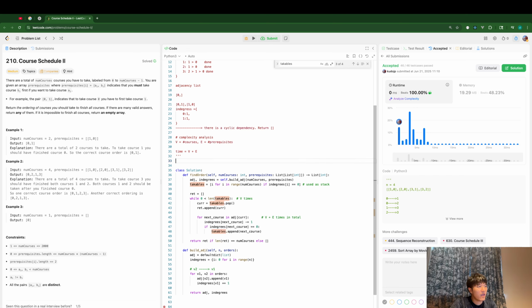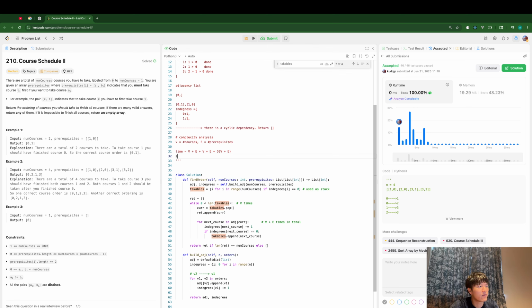So I can say the time complexity is V plus E, by summing up V and E. And for space complexity, adjacency list